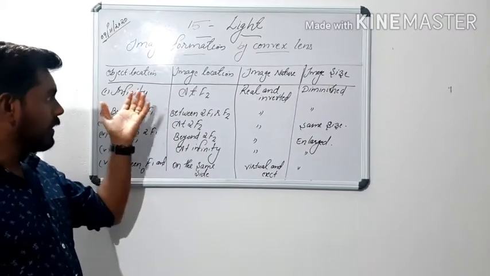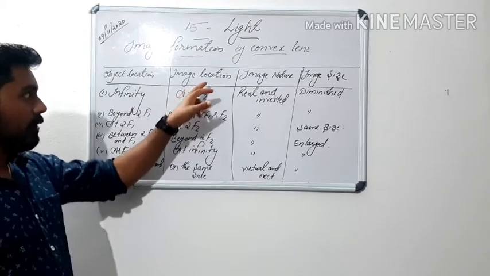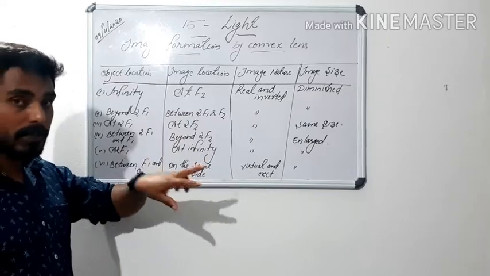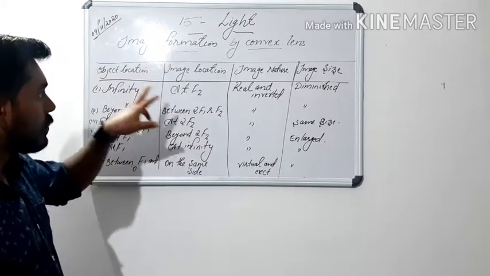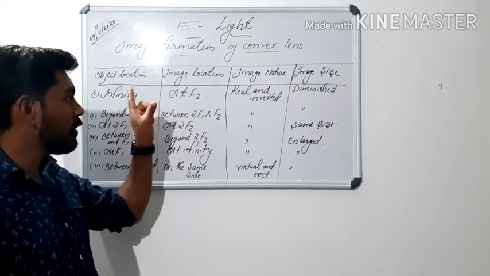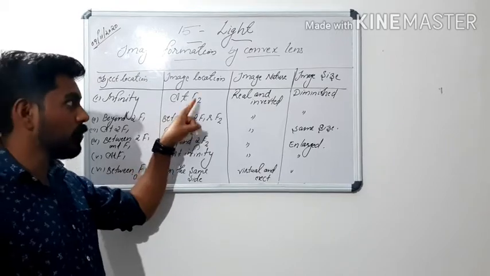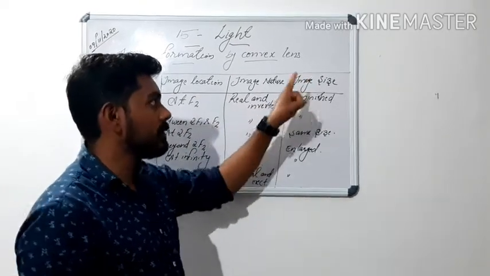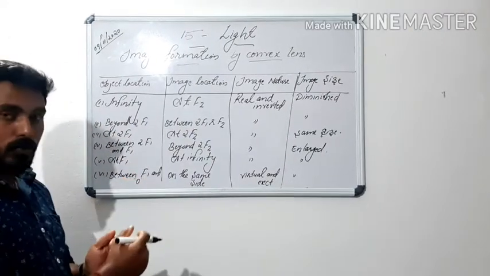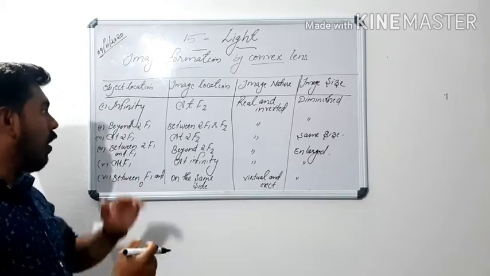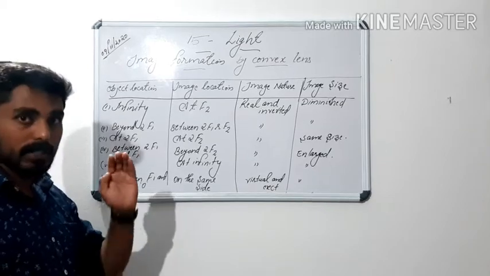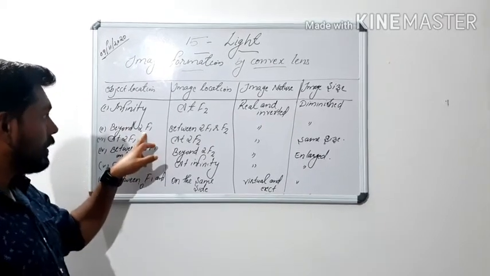When you place the object at infinity in front of the lens, the image will be formed at F2. I told you there are two principal focus, F1 and F2. On the second surface of the lens there is a principal focus, that is F2. The image will be real, inverted and diminished, a small size. When you place the object beyond 2F1, the center of curvature of the first surface,